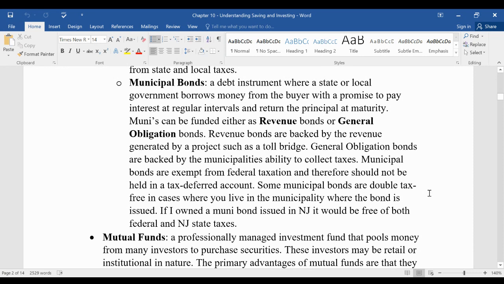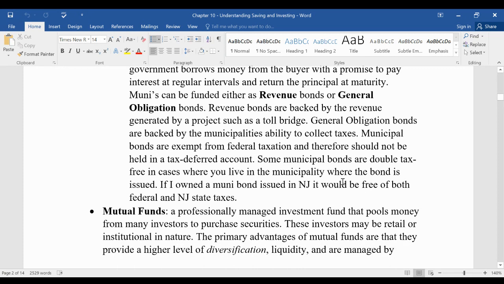Now, the two types of municipal bonds you can get are revenue bonds or general obligation bonds. General obligation bonds typically are a little bit safer as they're paid back by the tax dollars that are collected by the municipality. A revenue bond, let's say an example of bonds were issued to build a bridge across a river, and they're going to pay for that bridge with the bond, and we're going to repay the bond with the toll that was put on either end of the bridge. So as toll revenue is collected, that money is going to go back to the purchasers of these municipal bonds.